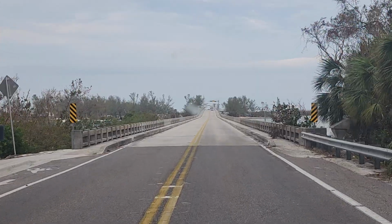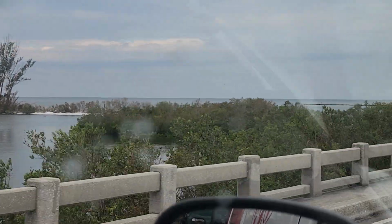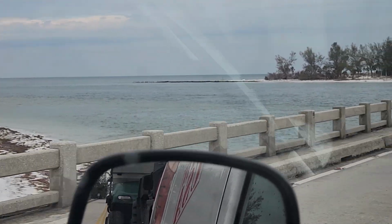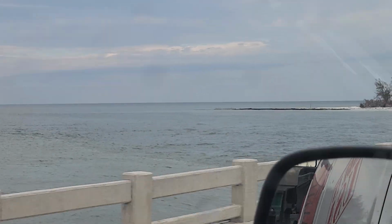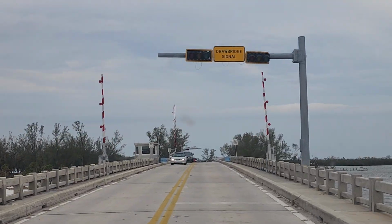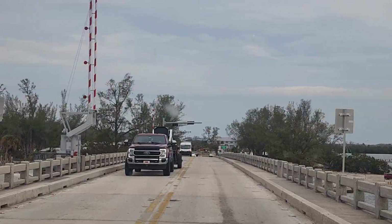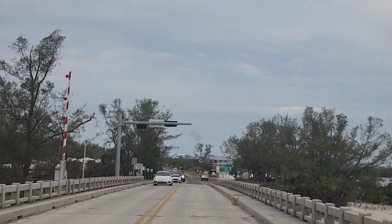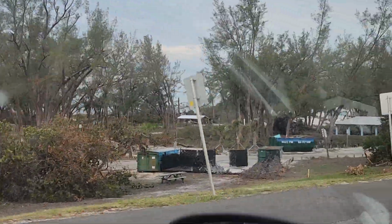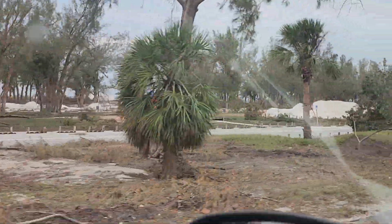This the left side is the Gulf of Mexico. And then we got the bay to the right of me. So this is the Gulf of Mexico. Calm today, and then we're going to be heading into, on the left side will be Coquina Beach. Once we get past Coquina Beach, we'll be on Bradenton Beach. Like I said, they've gotten a lot of stuff cleaned up down here, but a ton of sand. It was all from the storm surge. Storm surge is the worst, man. That's the worst part